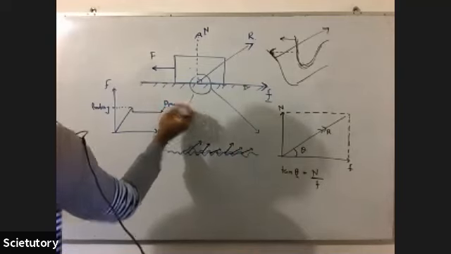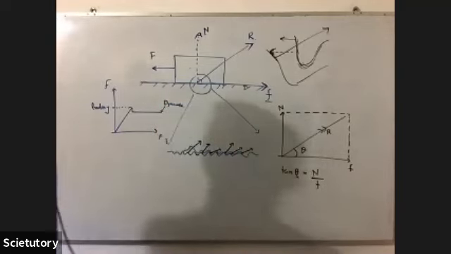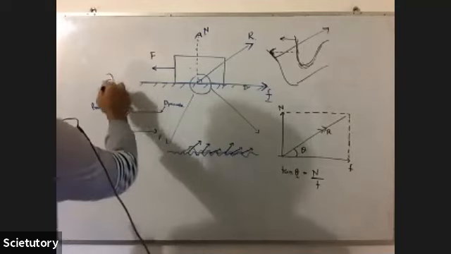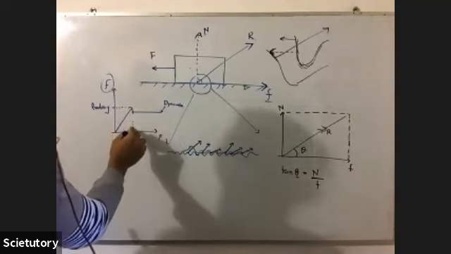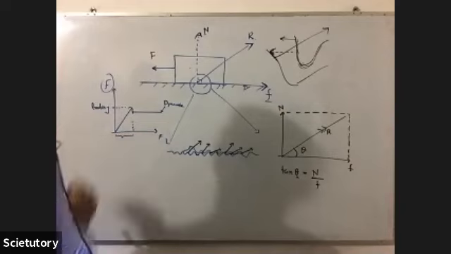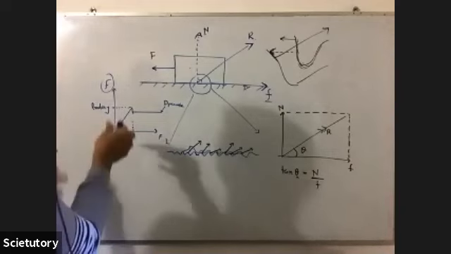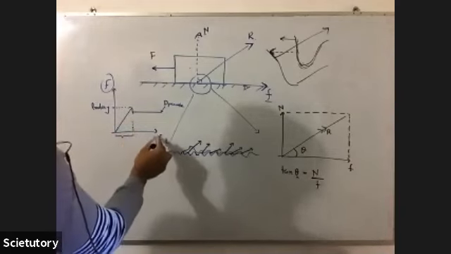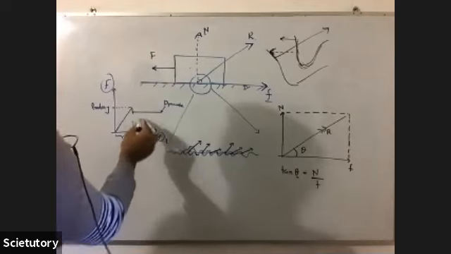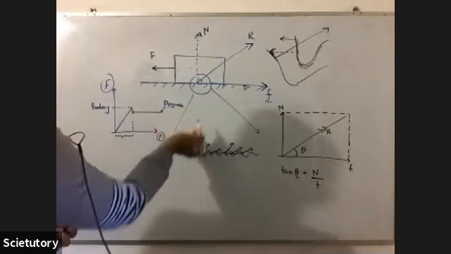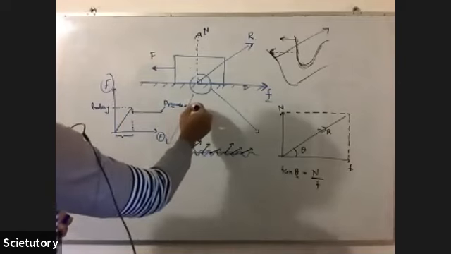Okay, dynamic friction. So that's how you explain the behavior of this friction. Up to this point, this is called static friction. Static friction doesn't have an exact value. It changes according to the force applied. But dynamic friction can be expressed in an equation. So that is actually mu R.